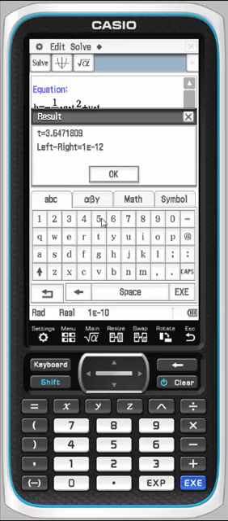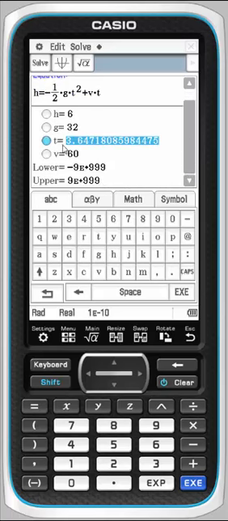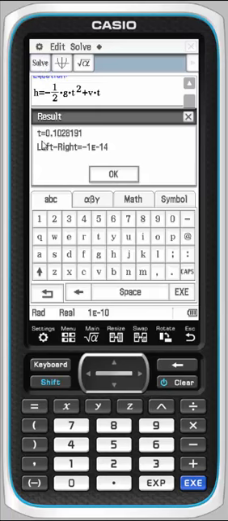However, if that's the case, we expect the ball to reach 6 feet on the way up and on the way down. So I'm not sure if this is on the way up or on the way down. Let's try to get a different result. We expect two potential results with a quadratic. And this is where the lower and upper bound come in. If I force the upper bound to be below this 3.6, let's say at 2, and I recompute, now we get a different time, 0.103 seconds.